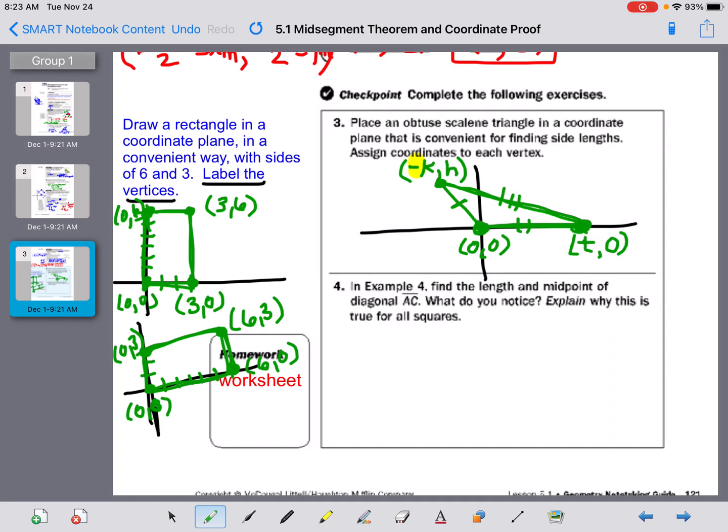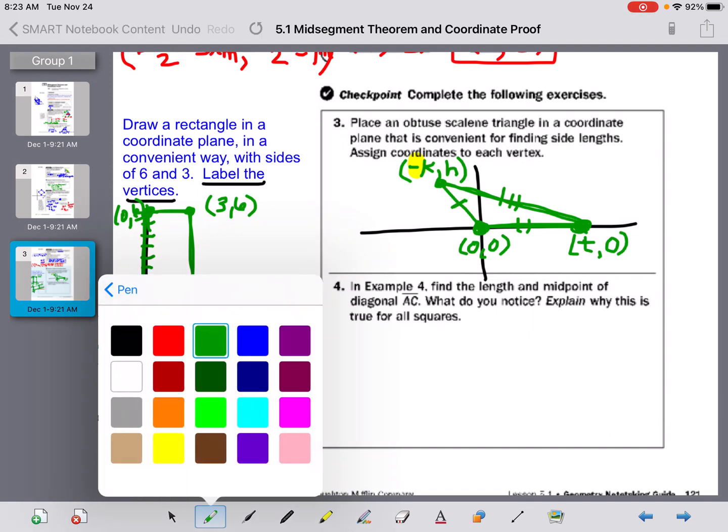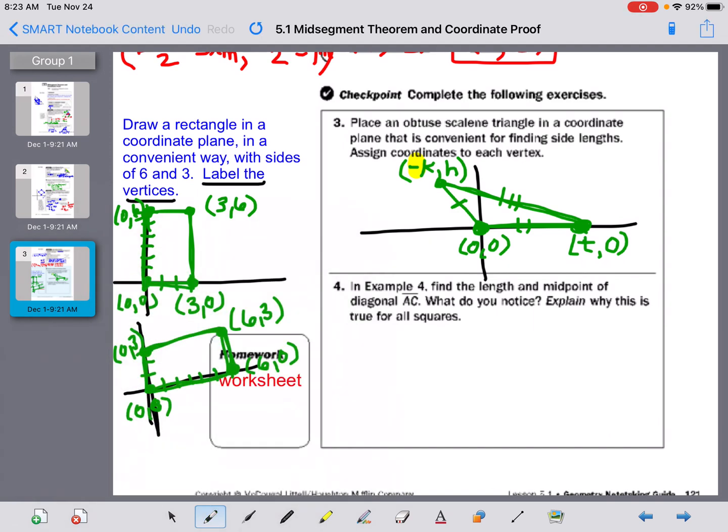So scale the drawing so each line on the graph counts as 2, and then your picture will fit in the graph that I gave you, okay? All right, one more to do. It says in example 4, find the length and midpoint of the diagonal AC, okay? So if you peek back up at our square at the top,